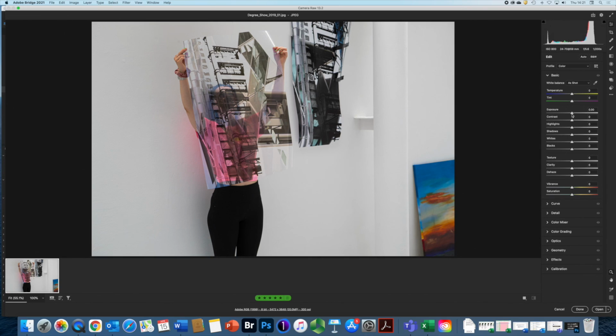And this is great if you want to very simply work on an image, just get it right, without any manipulation or anything. You're just basically working on the exposure, the color, and detail. Okay, so I'm going to click done there,